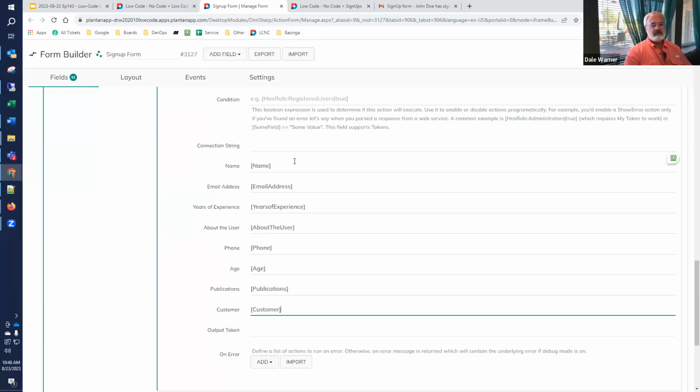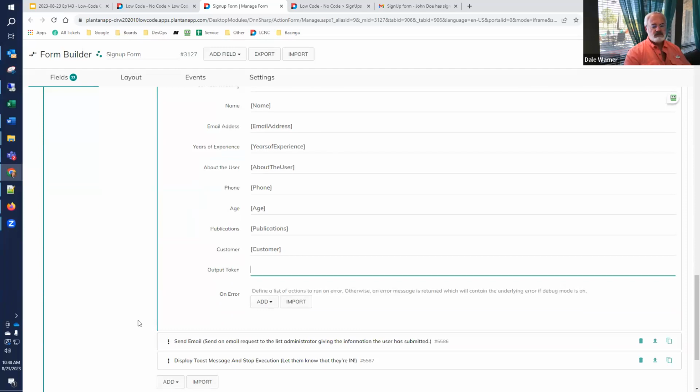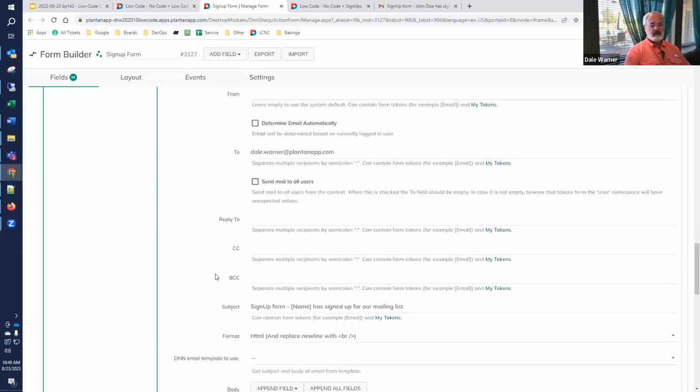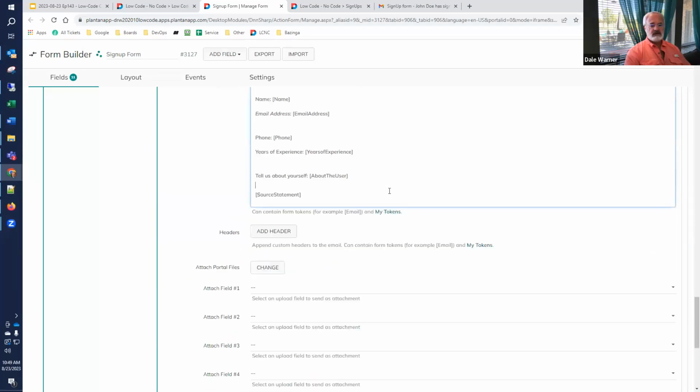All right, so we filled in all the information that we want, and that's coming from our form and going on to the data table. And then we'll go ahead and use the output token. We're going to call this the sign up ID. We could call it anything we want, but this is going to create a context token that has the record ID for us. And so in our email, for example, we could add into the bottom of it